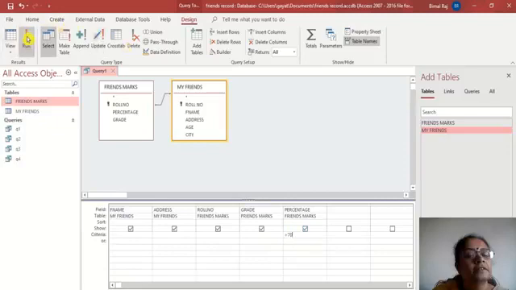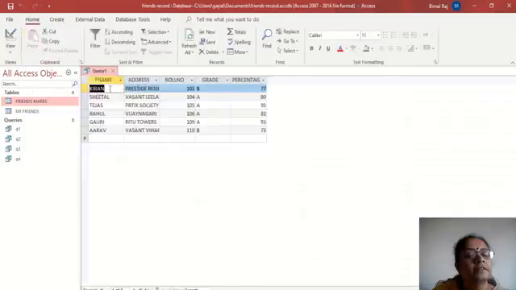And then I click on the run button and I get to see the name, address, roll number, grade and percentage all above 70. Now these three fields, that is the first name, address and roll number, were from my friends table, and grade and percentage were from the friends marks table.